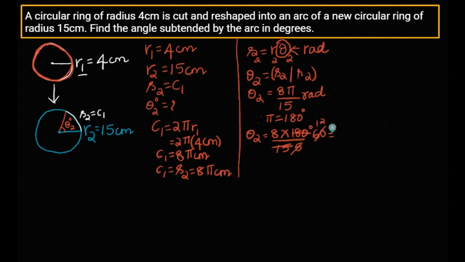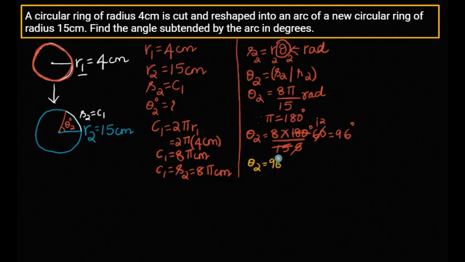So we get 8 into 12, which is equal to 8 into 2 is 16 and carry 1. 8 into 1 is 8 plus 1 is 9. So theta in degrees is equal to 96 degrees. Therefore, the angle subtended by the arc is equal to